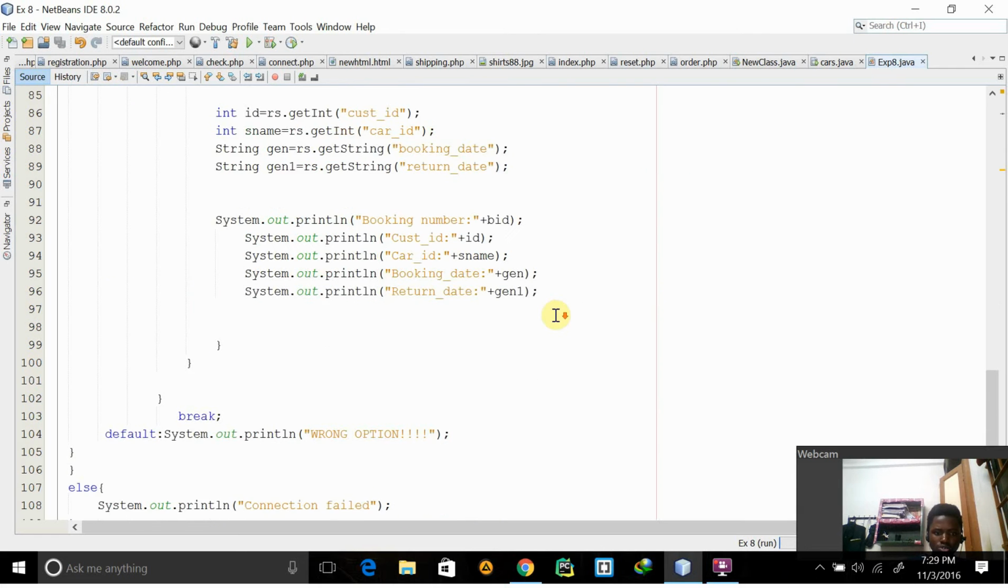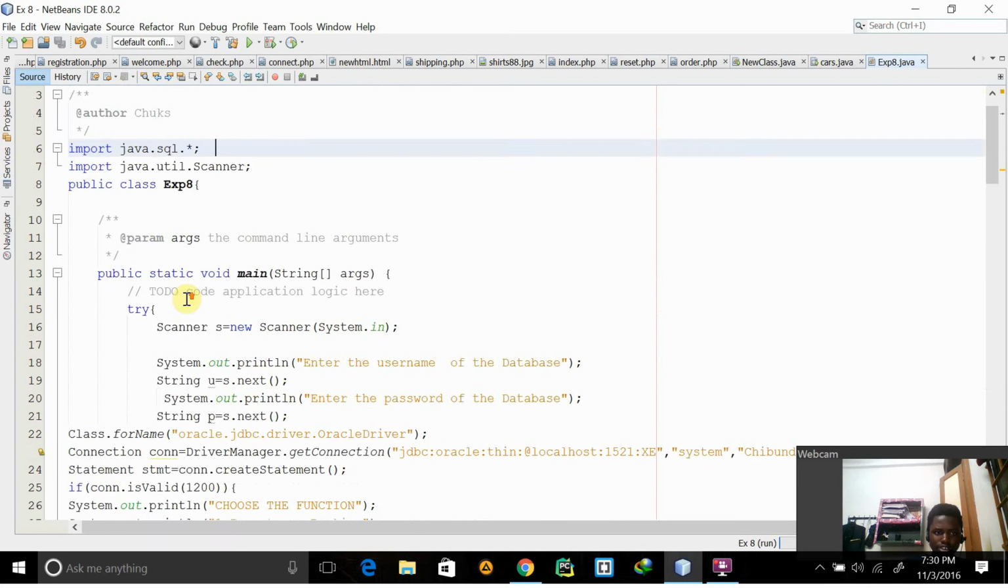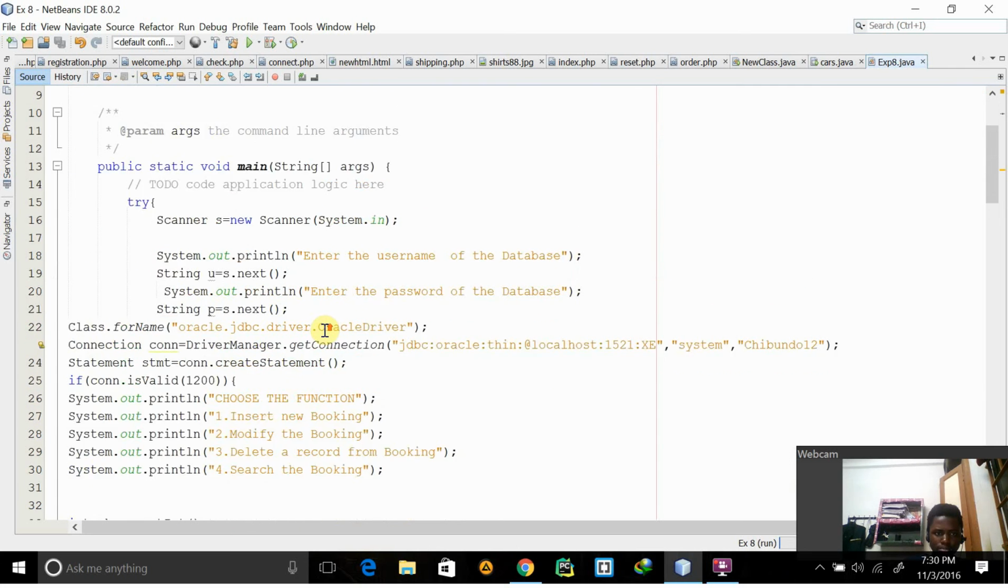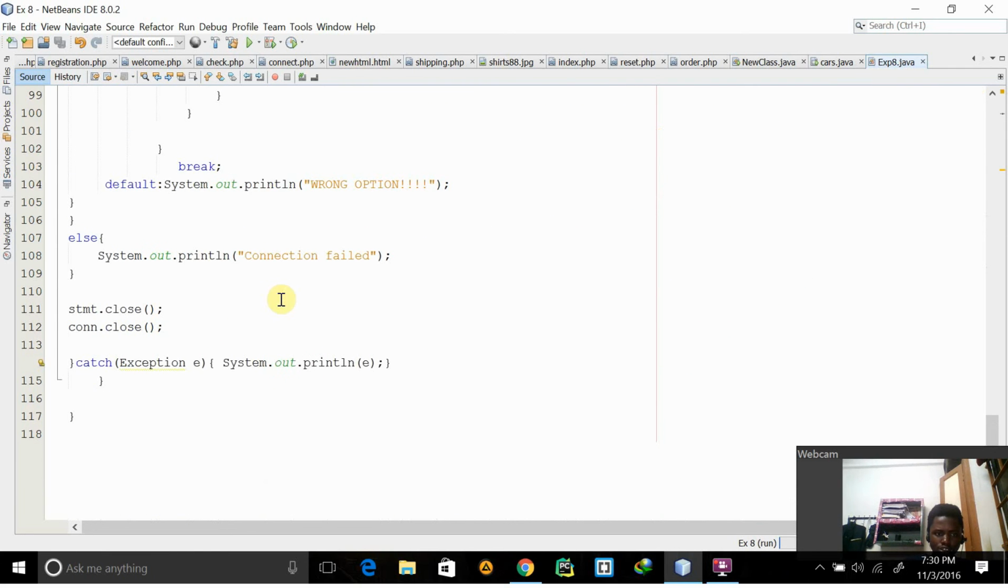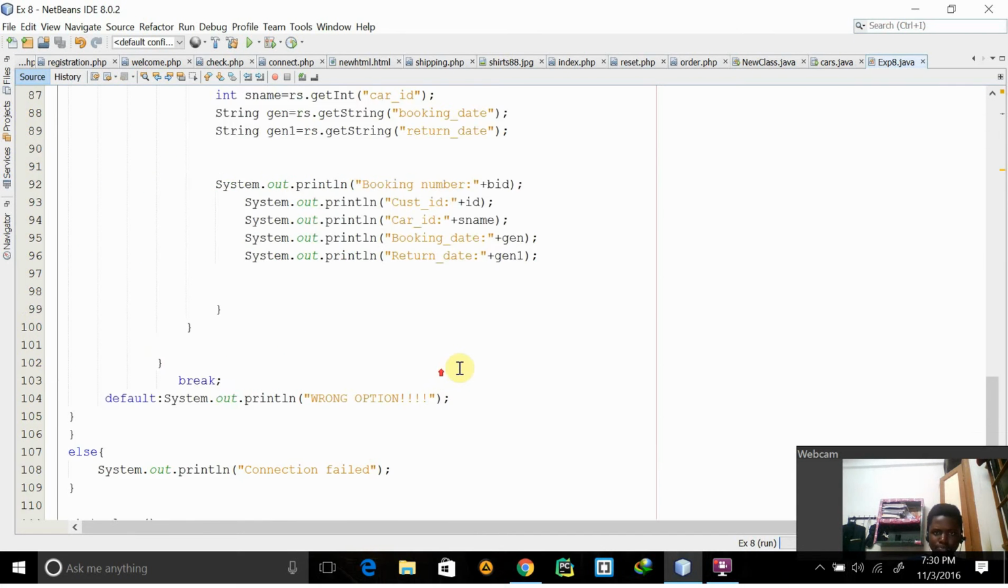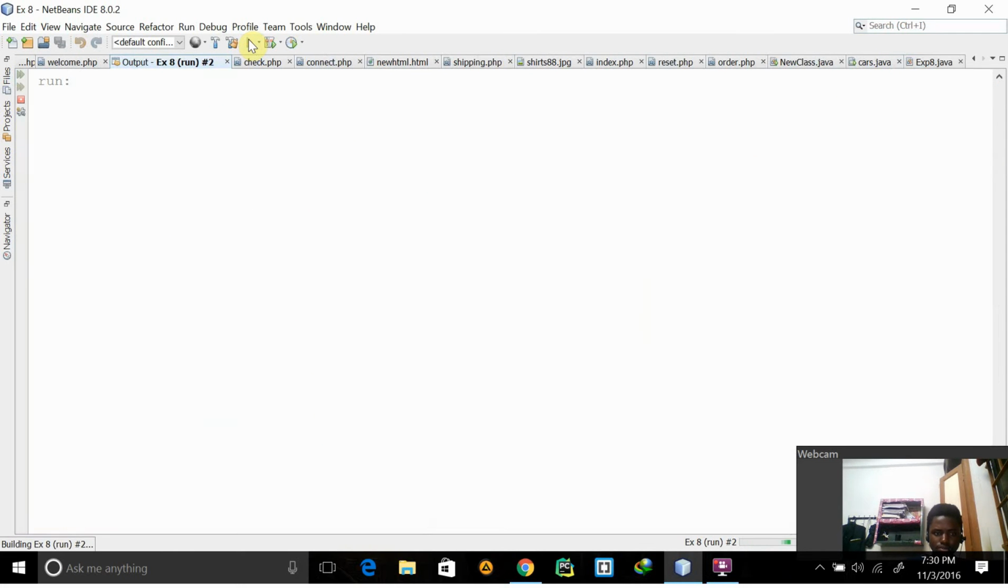Remember all this is in an if statement. If the connection failed, you print connection failed. You close the statement, you close the connection, and this ends the section. So now we are going to run this. If I run this, enter username,